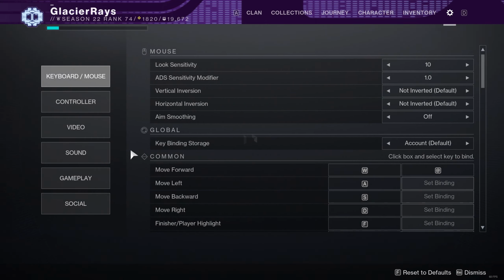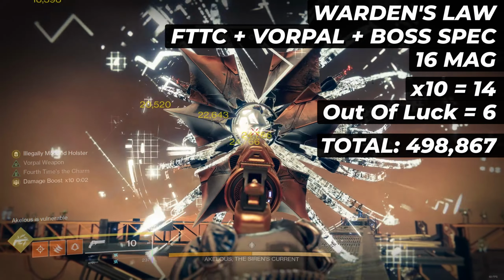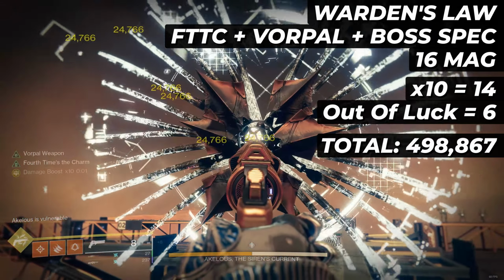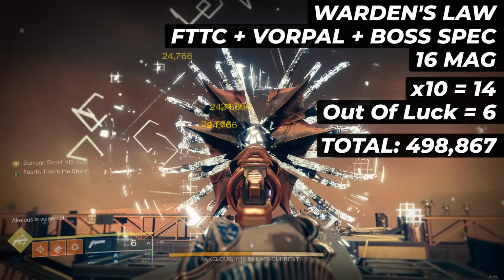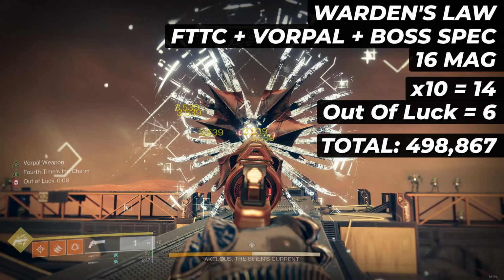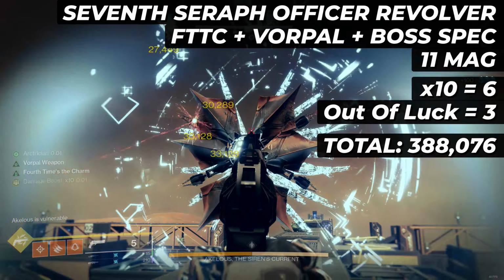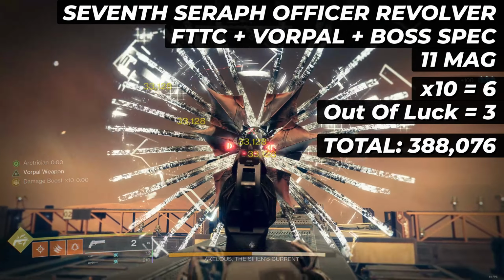Plus, I used the full auto menu option to ensure I was firing as fast as possible on all of these options. Warden's Law fired 14 bullets at 10 stacks and 6 out of luck, for total damage of 498,867. 7th Seraph fired 6 bullets at 10 stacks and 3 out of luck, for total damage of